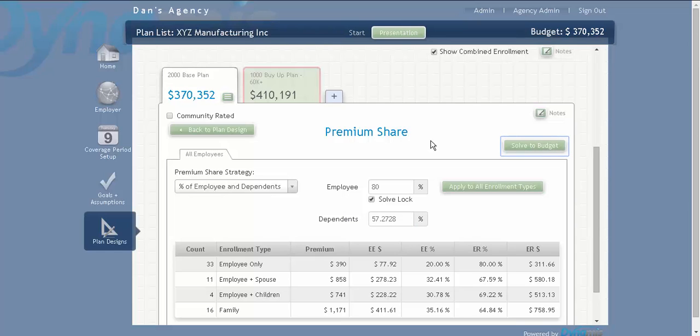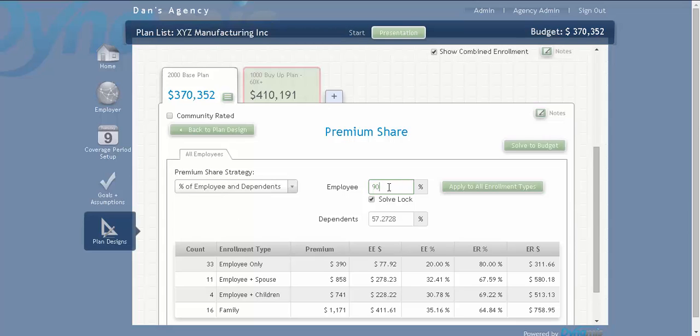Solve to budget. Notice that our plan design cost gets back to our budget. And what this is telling us is if we want to pay 80% towards the cost of the employees and be at our budget, here's what we could afford to pay for dependents. We're starting to see this used a lot more, I think, as people are starting to ramp up for affordability, wanting to be able to have conversations with their employer prospects and clients about using the same employer dollars but distributing them in a way that more heavily impacts employee only, since that's the category that we're seeing affordability